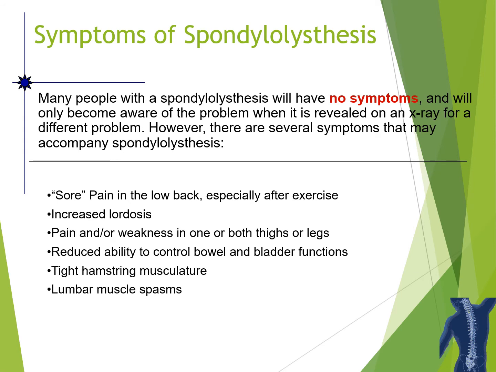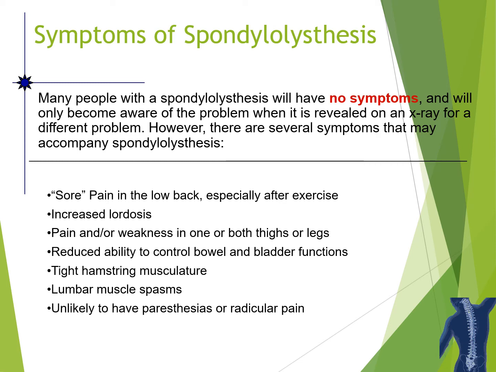Hamstring tightness and lumbar muscle spasms. Lordosis, tighter hamstring, because as there's anterior slippage of the lumbar vertebrae, it tends to bring the pelvis along with it, puts the pelvis into a flexion position. When that happens, it lengthens the distance for the hamstrings because it lifts the ischial tuberosity, so we